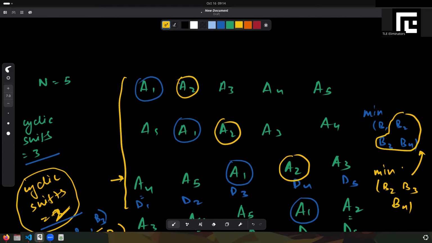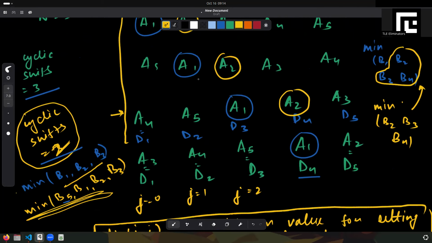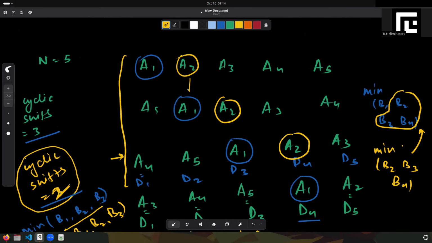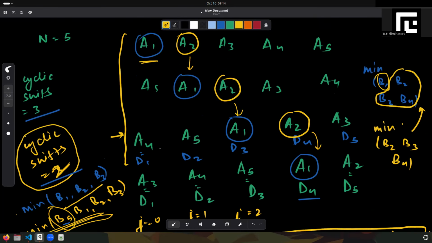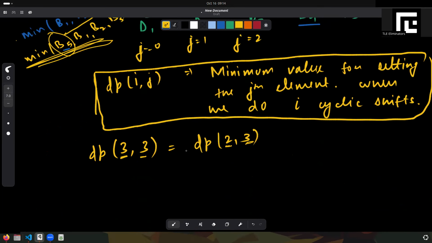And the extra value, basically this will come here, this will come here, and this will come here, and this would be the new extra value that we need to take the minimum of. Basically B1 here, in this case B1, in this case B5. So this comes out to be the extra value. So we can easily take the minimum of this comma